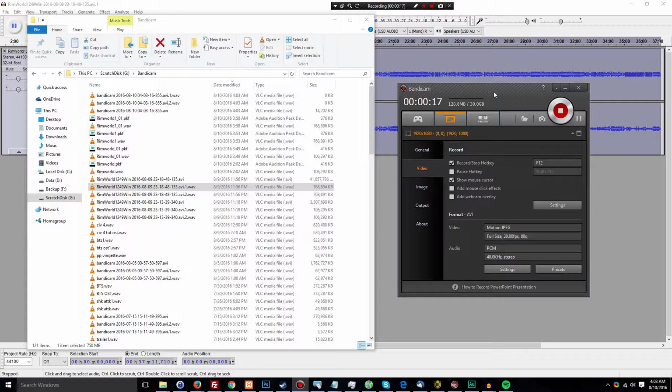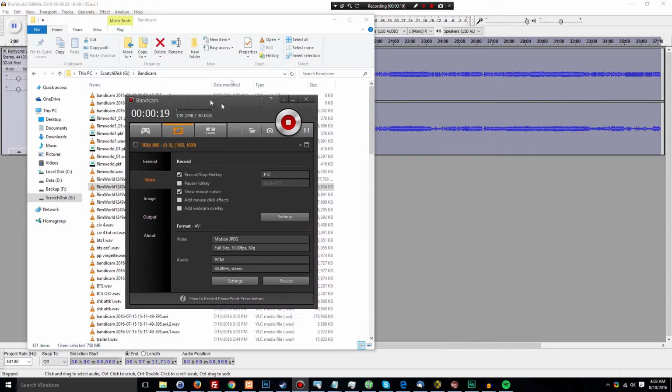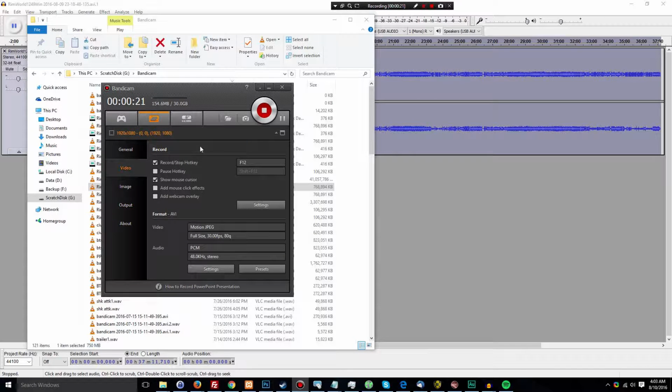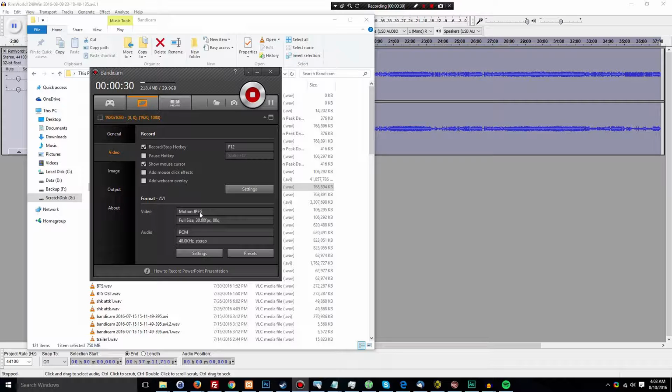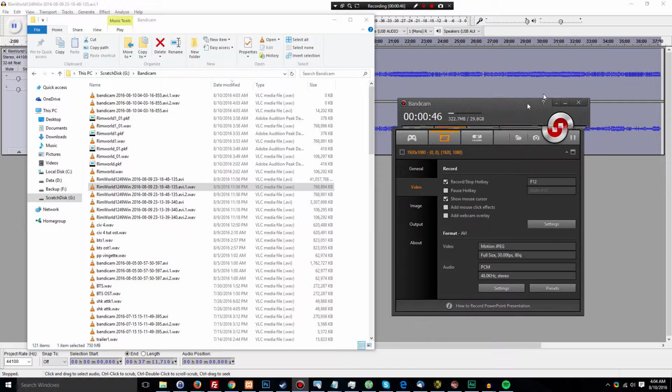So first of all, my videos are captured using Bandicam. When I record with Bandicam, I am recording with the Motion JPEG format because I will edit it in Adobe Premiere, and I'm also recording into 3 separate tracks. Now the reason for recording into 3 separate tracks is that once it's output, for example here, you'll be able